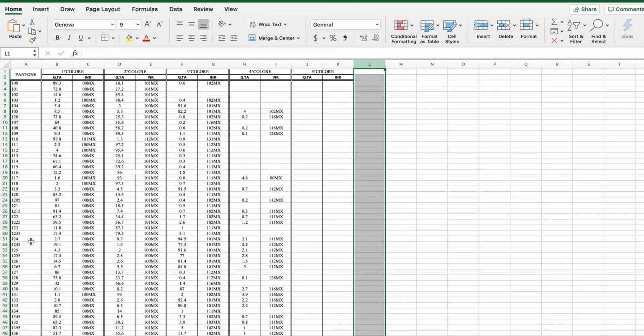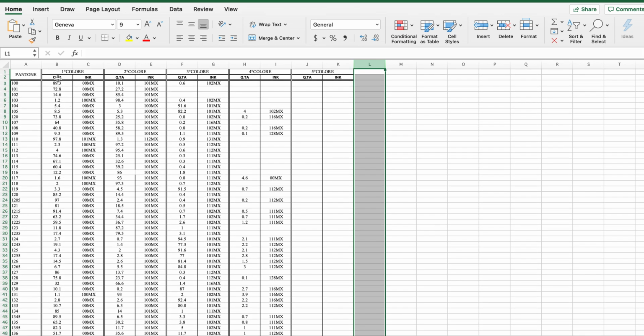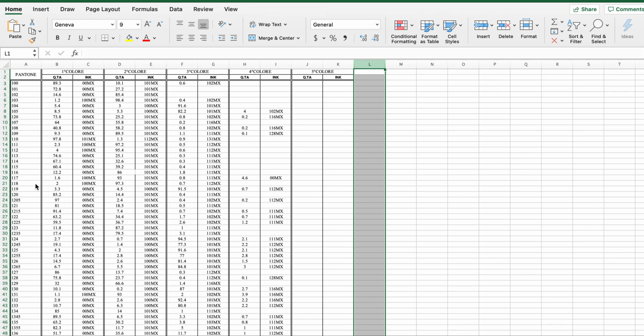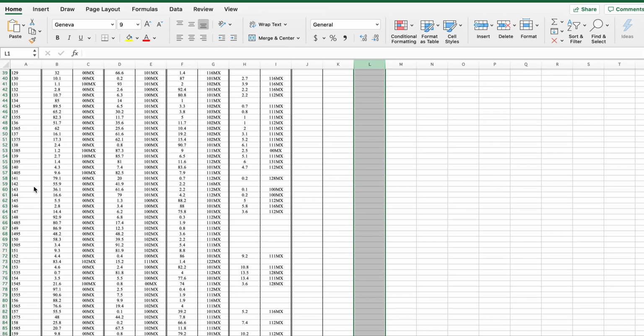So second, you would see over here a quantity for color number 1, and then quantity for color number 2, quantity for color number 3, quantity for color number 4. Typically, you're not going to have more than 4 colorants in a color match with MX series inks. So let's pick a color. Let's say we want to go with Pantone